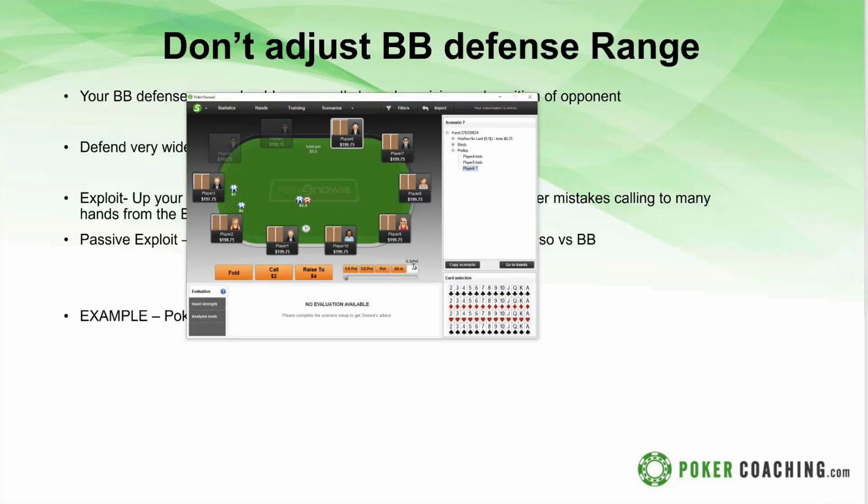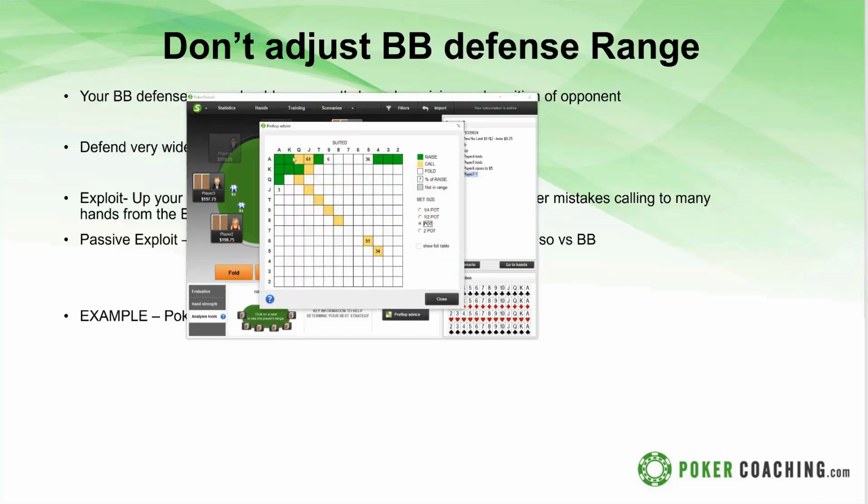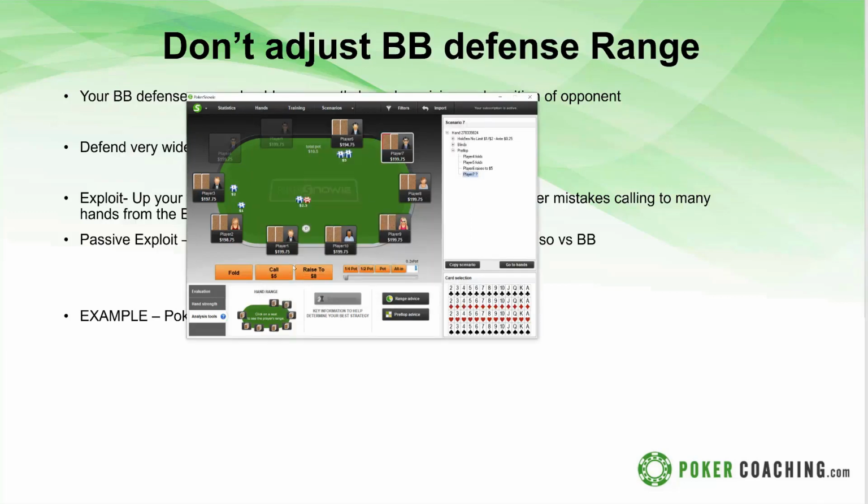So let's do a normal raise size to like 5. This player's range should be really tight, so let's look at his flatting range. It's really tight: ace queen suited, ace jack suited, king jack suited, pocket queens down to pocket 8s, and some suited connectors. So a really tight flatting range right here. And now let's see what the big blind defense range is.